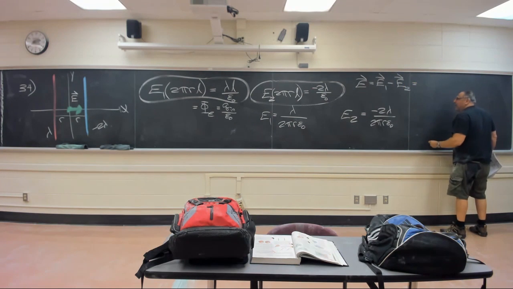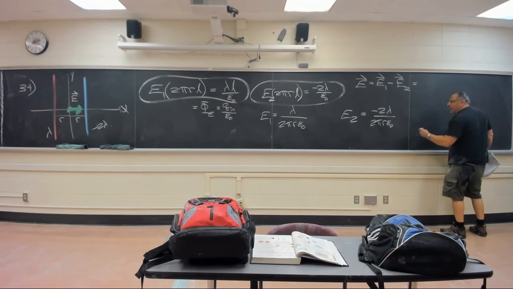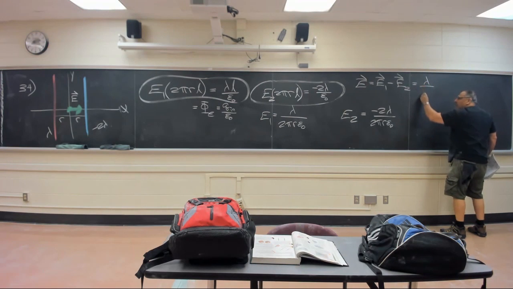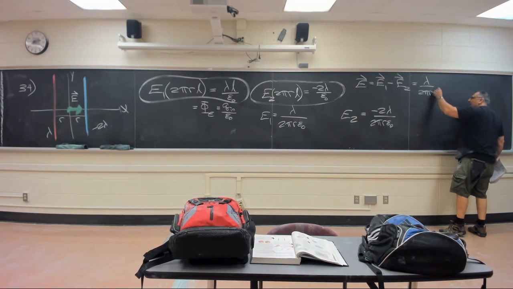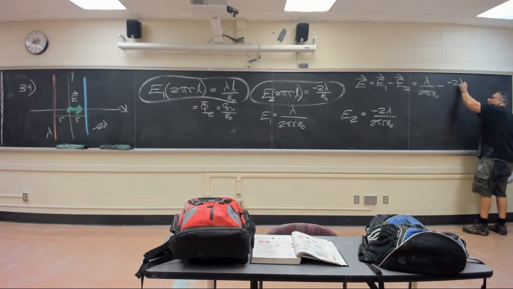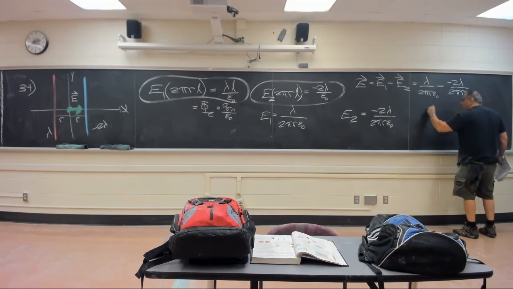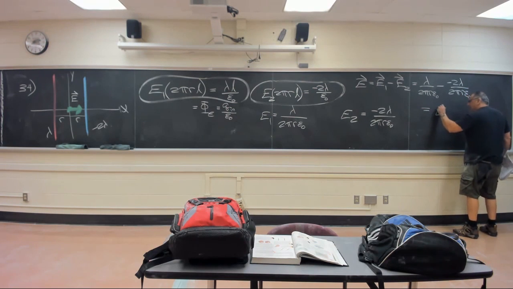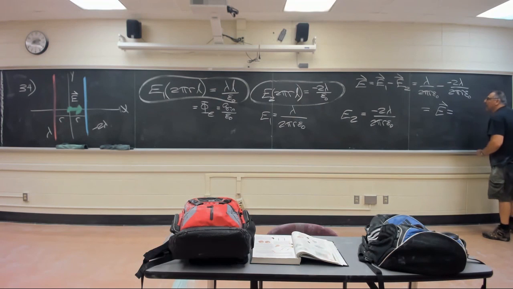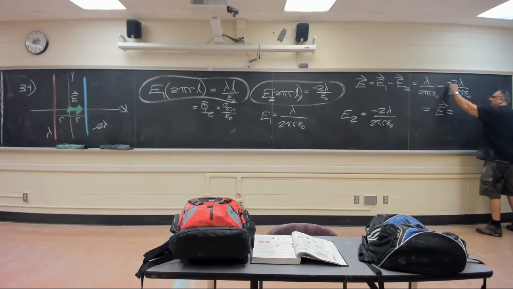That's the same as lambda over 2 pi r epsilon naught minus a negative 2 lambda. In the end, you can kind of go around that and not even talk like that. You could just say, look, I know they're helping each other out. I'm just going to get the absolute value of the whole situation. And minus a minus, minus a negative,